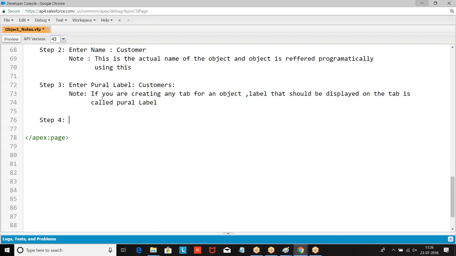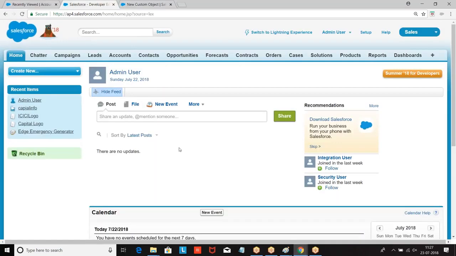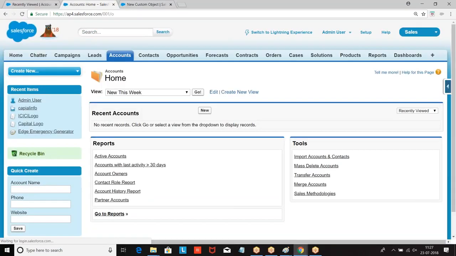Then we have context sensitive help. Now look at this. Salesforce by default for every object is giving one help here. What does it say?